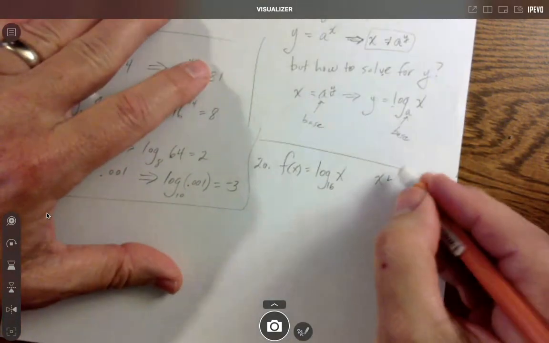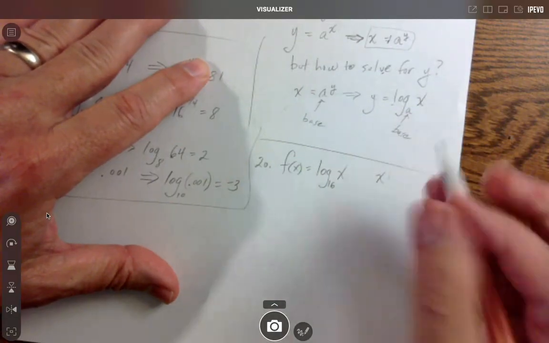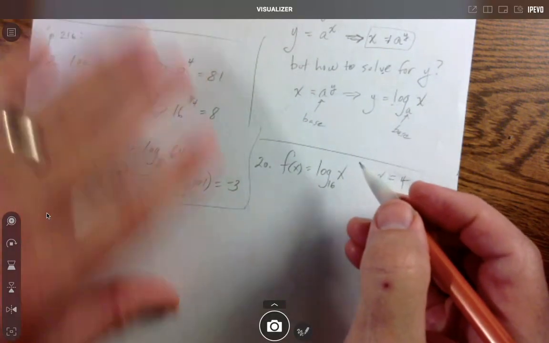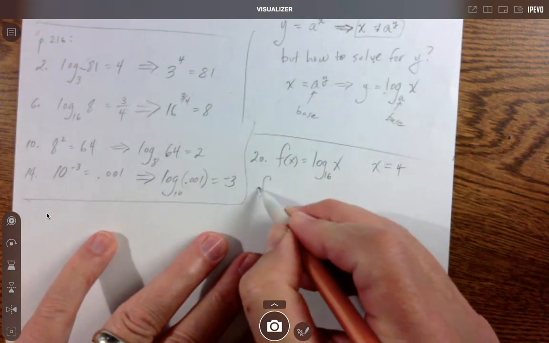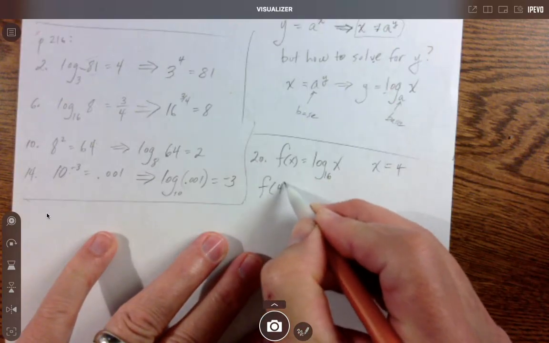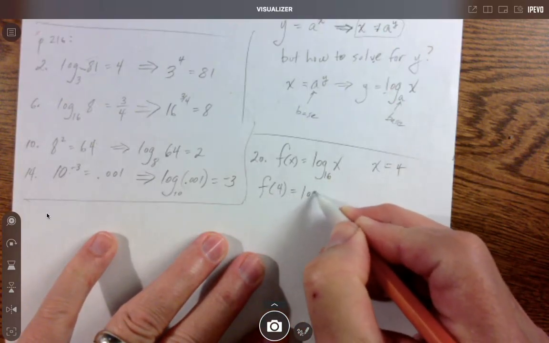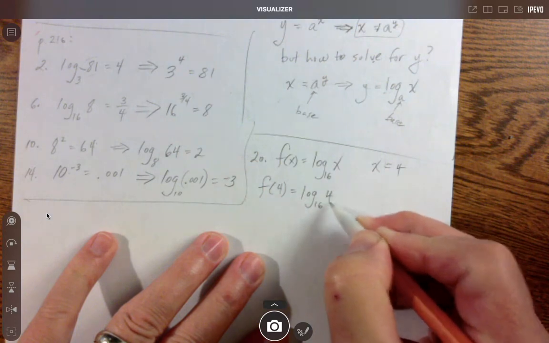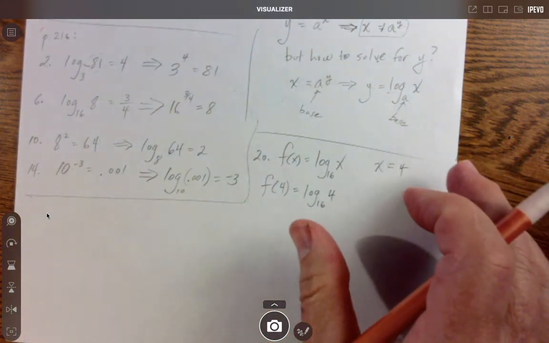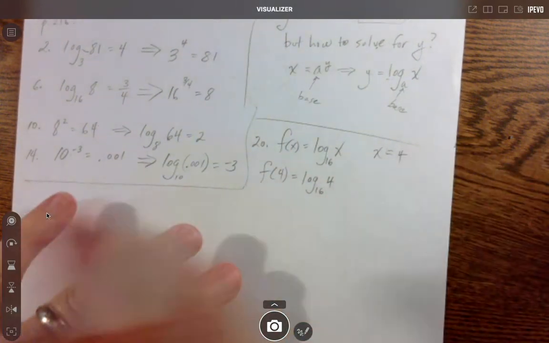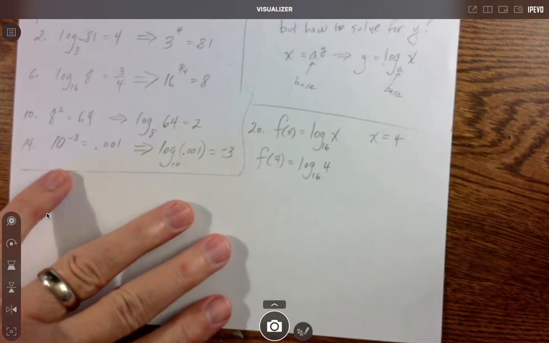X equals 4. So what we want here then is f of 4, which is going to be log base 16 of 4. All right, so